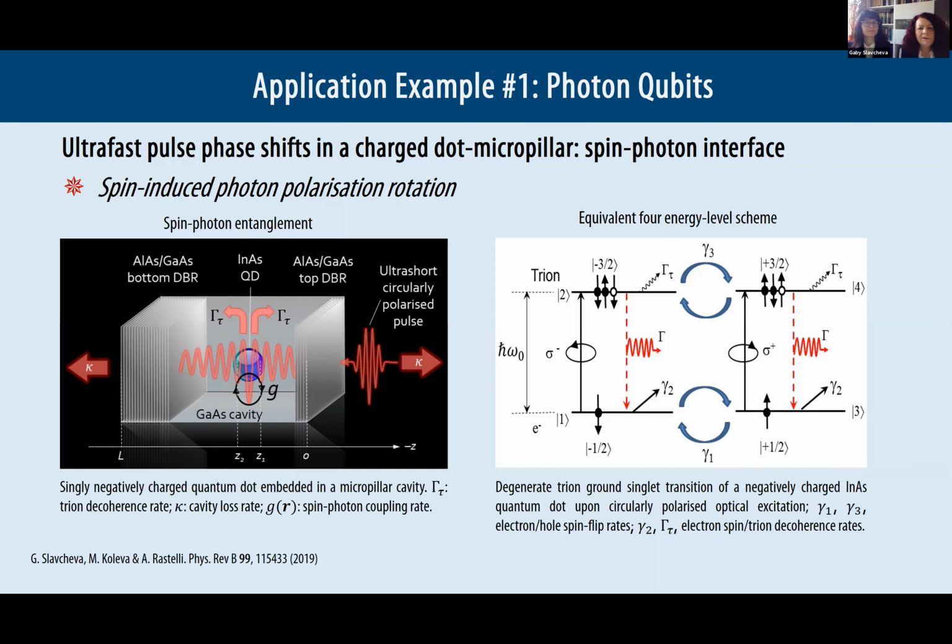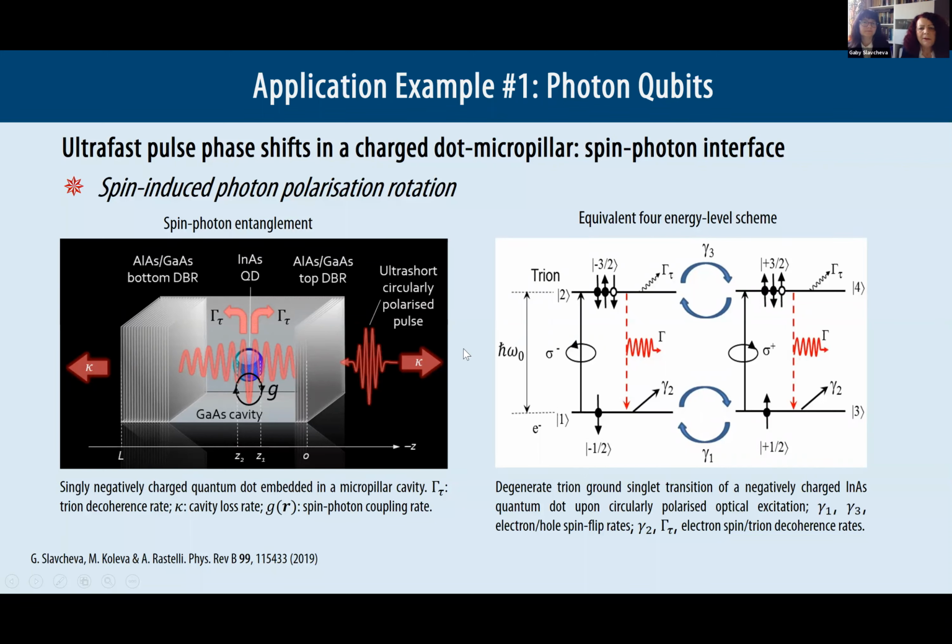For example, we recently showed that in a charged quantum dot embedded in a micropillar cavity, if we launch a circularly polarized ultra-short pulse, this pulse experiences a rotation of the polarization due to the interaction with the spin confined in the quantum dot.